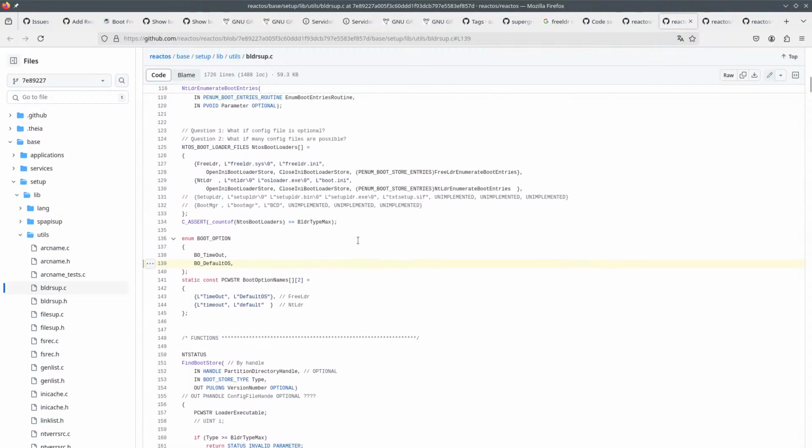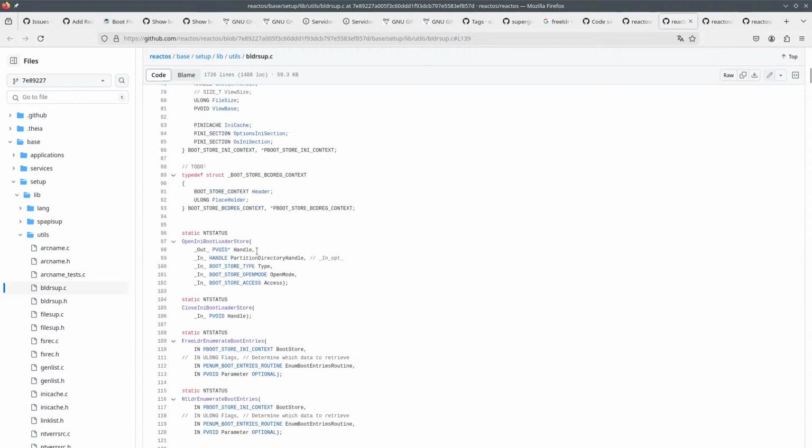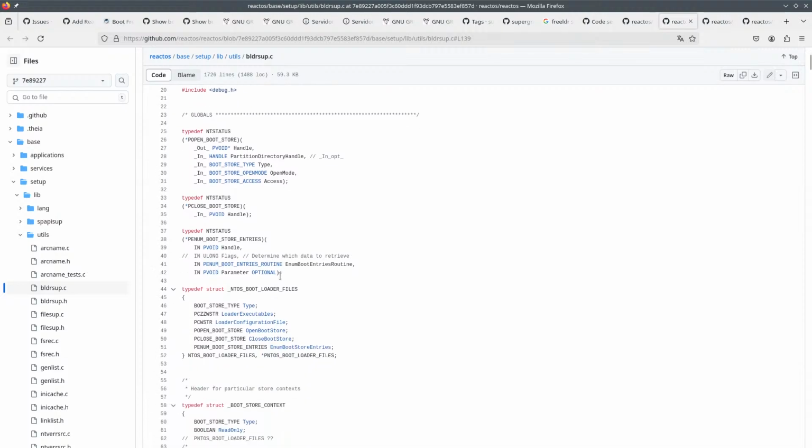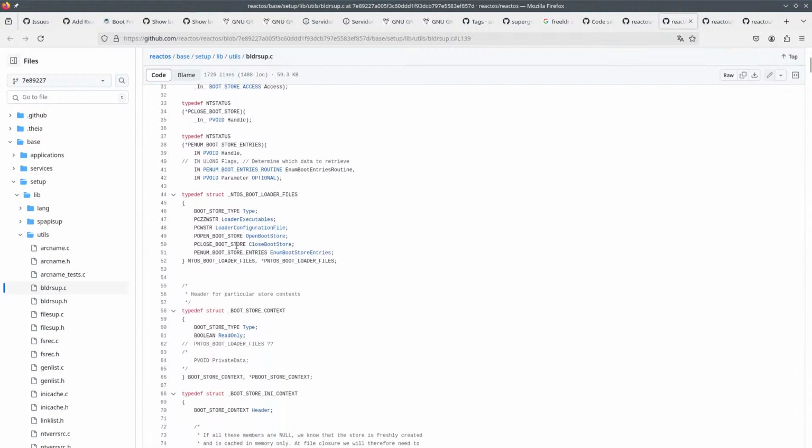Oh, look at that, boot options. So you have either timeout or default OS. What the hell is this? BDLDR apps SAP. Boot store management functionality with support with whatever. Detection, BCD manipulation. Okay, there are some globals here.